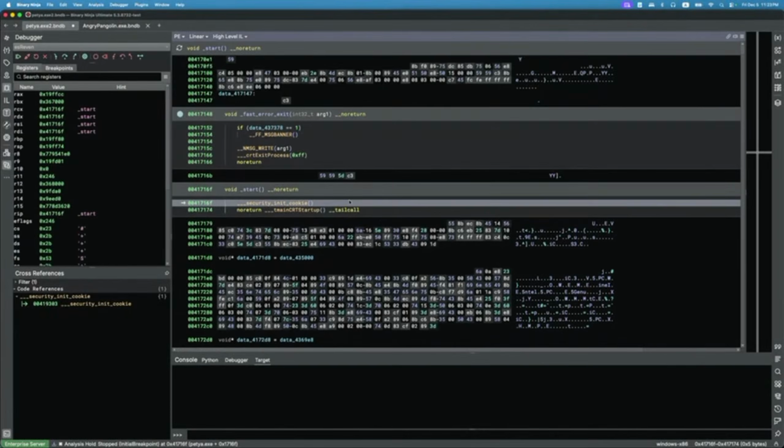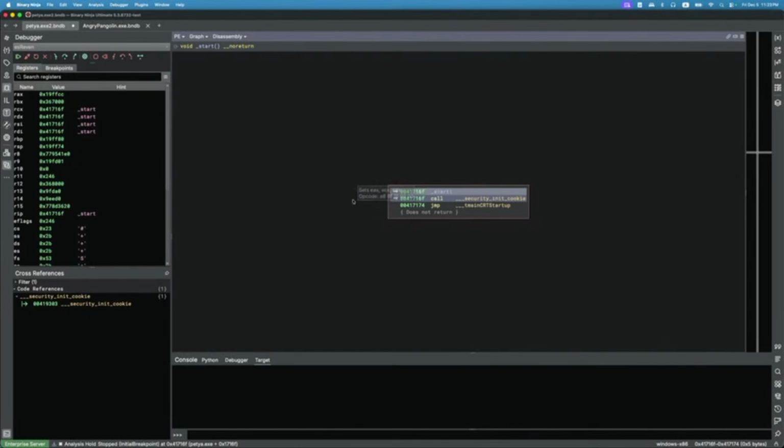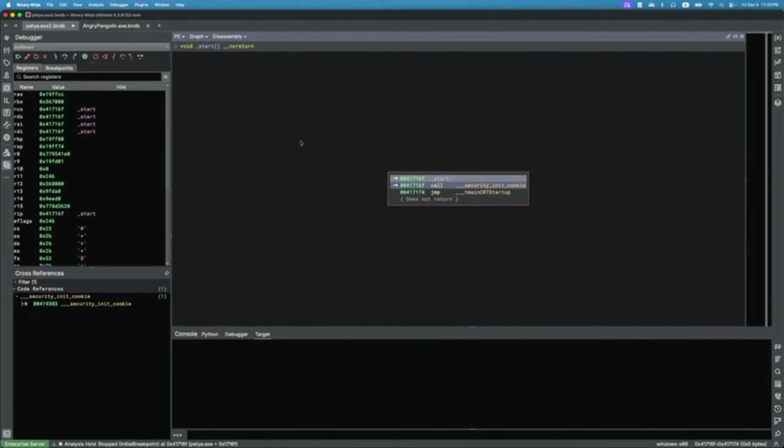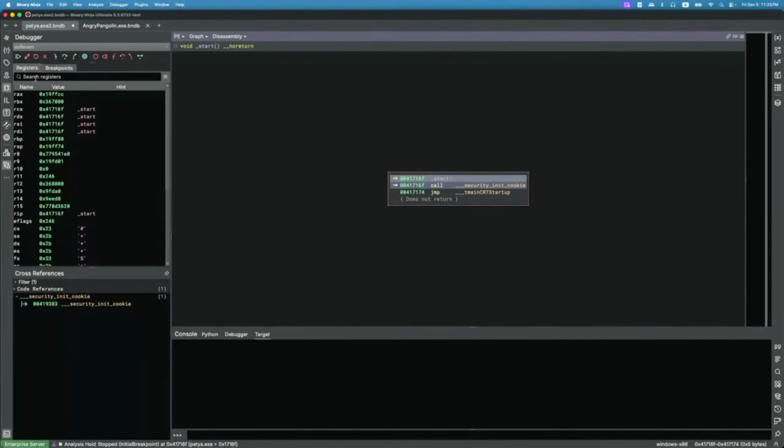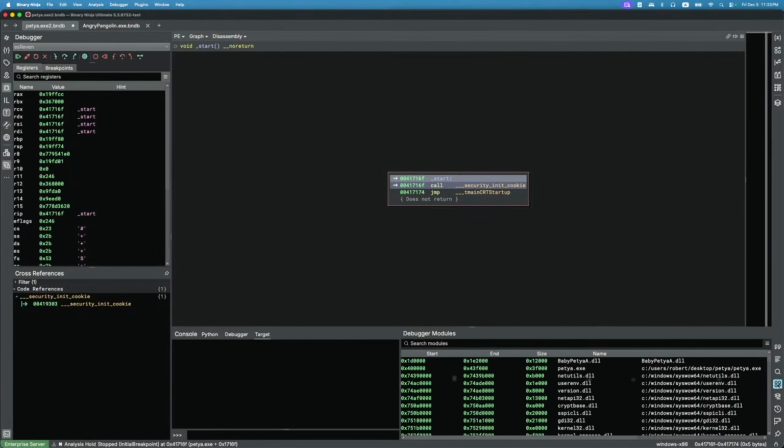All right, so we have stopped at the entry point, the start of the binary, which is just the place where it starts. So we still see a familiar debugging interface. We have registers, we have breakpoints here, we have the loaded modules here, but it's also interesting that there are